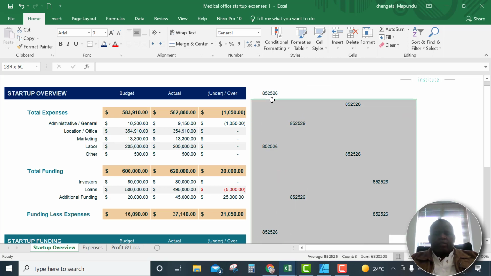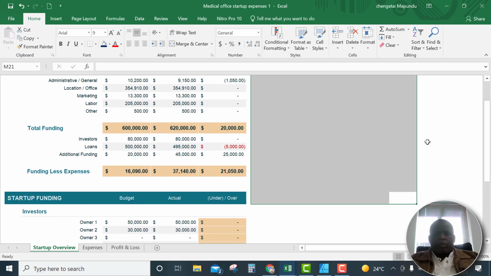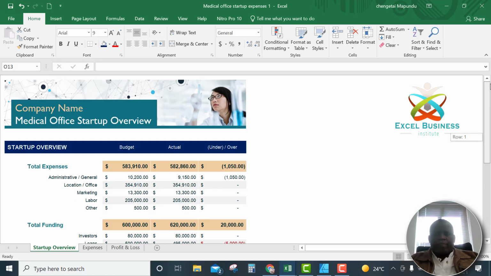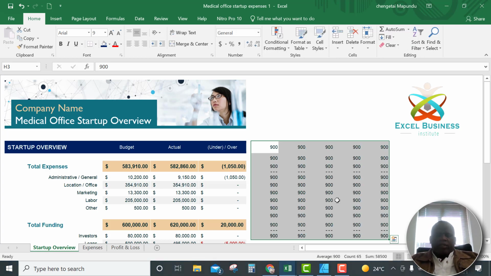Now supposing you just want to highlight a range of cells, and you don't require them to be away from each other. Let's say I want to start from here and take down like this. It's just holding and dragging your mouse. Let's say in these cells I want to put the number 900. I will hold control and then press enter, and all these cells are now filled with the number 900. So that's how easy